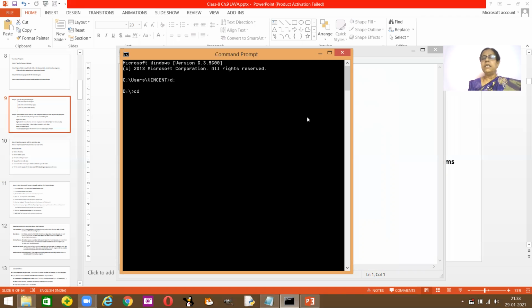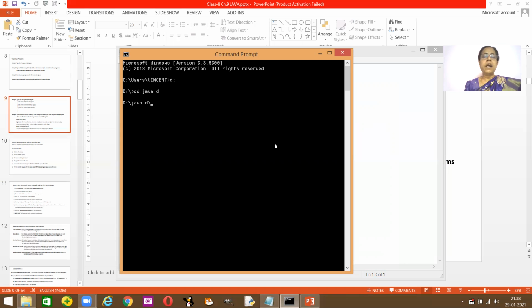So CD, change the directory, space Java space D. This is my folder name, Java D. So from the D drive, I'm going to go into the Java D folder. To go into it, just CD, change the directory to Java D. So my path has already come. So D drive, and I'm in Java D.